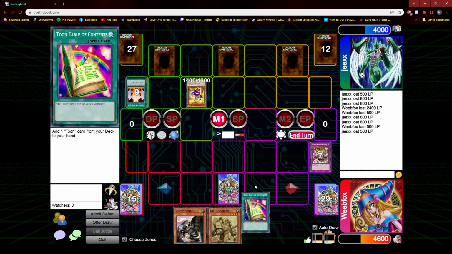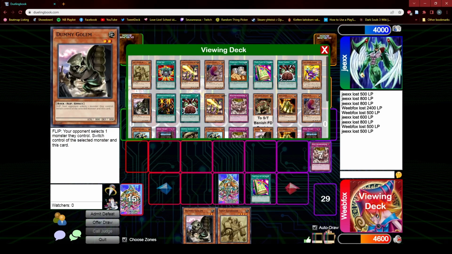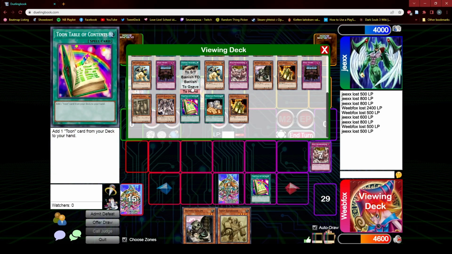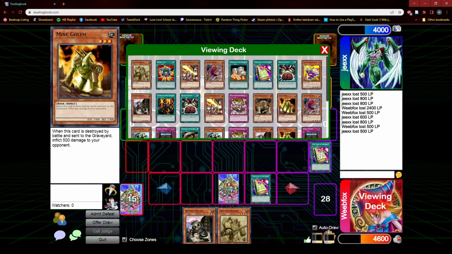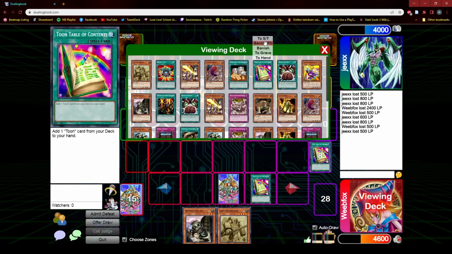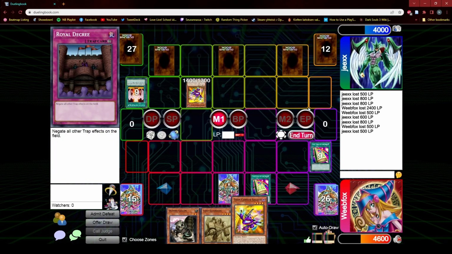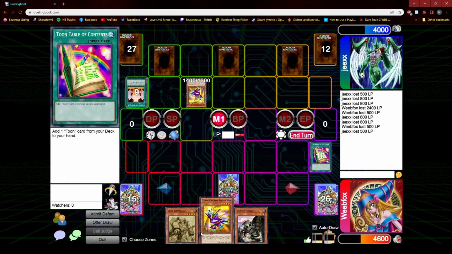Oh, I would like to Toon Table of Contents. Toon Table of Contents. Ah, yes. And I will shortcut, because I would like to search for a Toon Table of Contents, and with that I would like to search for a Toon Cannon Soldier. Yeah, that's fine, that's fine. And then